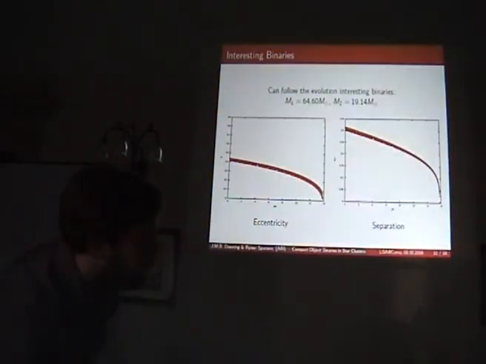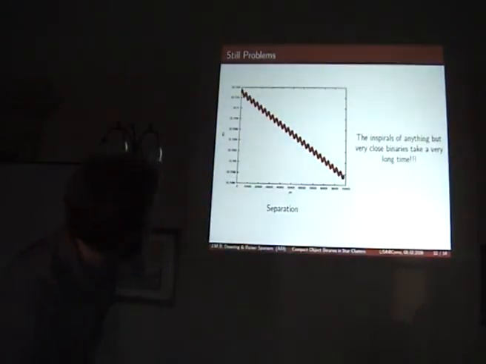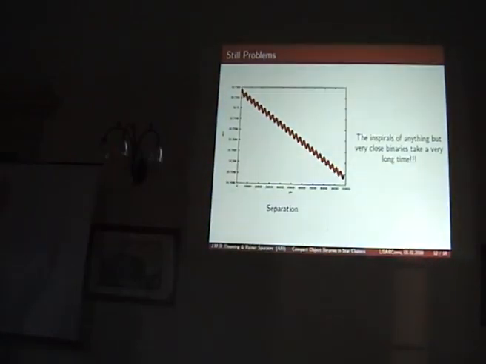Now, of course, as I mentioned, there are always issues. None of our high eccentricity binaries, which are the ones that started with a wider initial separation, are in this final result. That's because the inspiral of anything but close massive binaries in two-body evolution takes a very long time to do computationally. We've heard this too with some of the inspirals of the supermassive black holes as well. To actually compute the full inspiral can take a long time with a computer.